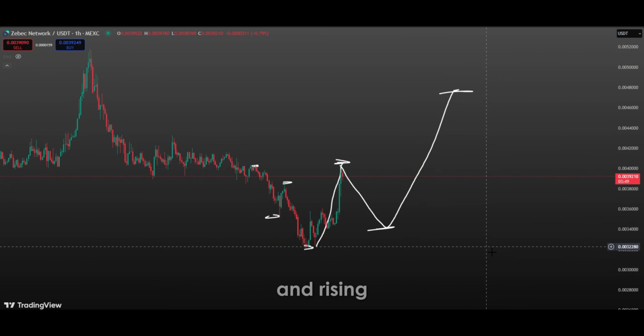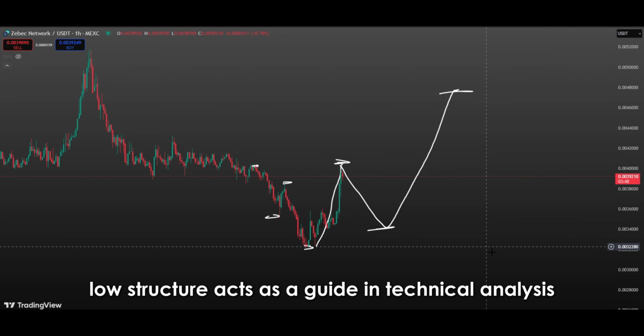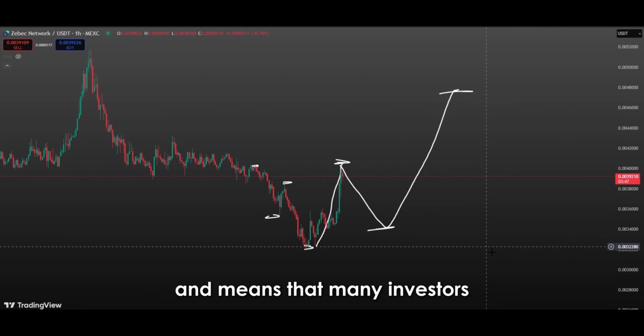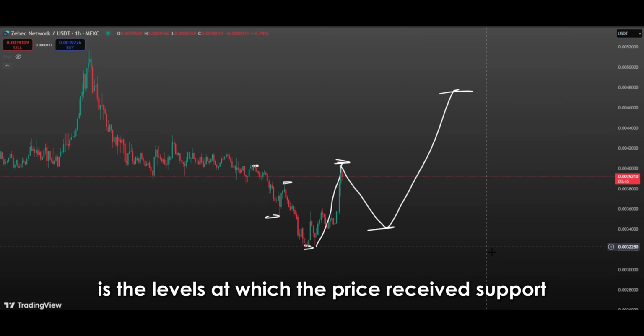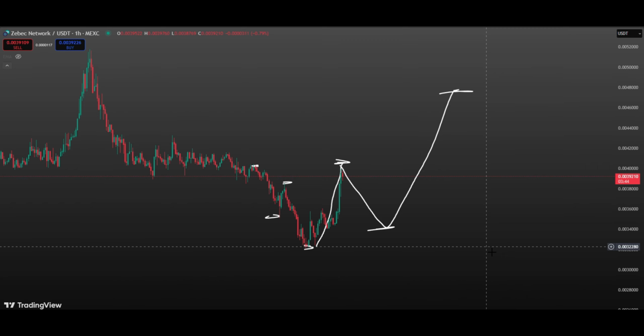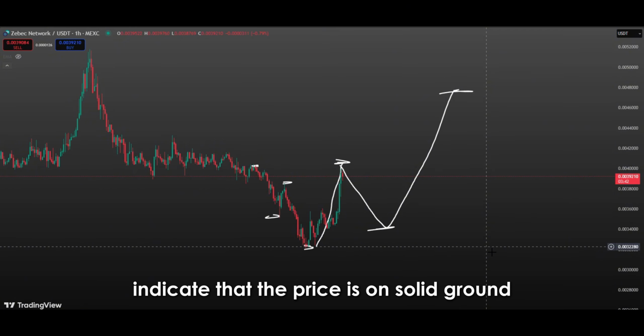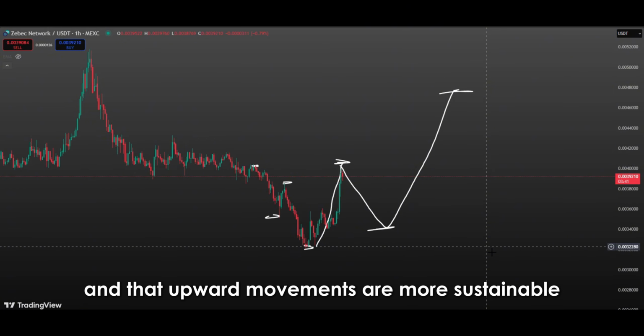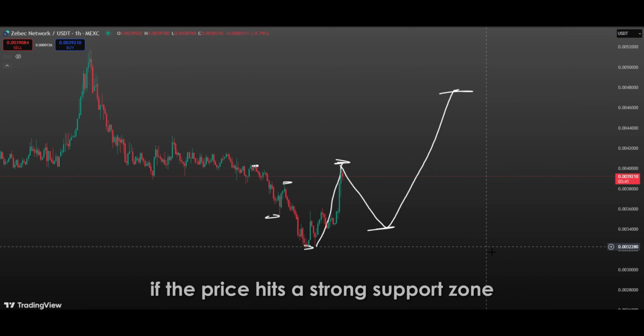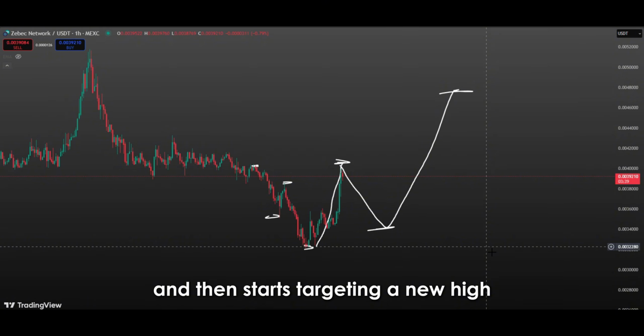The rising high and rising low structure acts as a guide in technical analysis and means that many investors increase their buying positions. An important point to note at this point is the levels at which the price receives support during the formation of this structure. Reactions, especially from bullish areas, indicate that the price is on solid ground and that upward movements are more sustainable. If the price hits a strong support zone and finds buyers there, and then starts targeting a new high, this